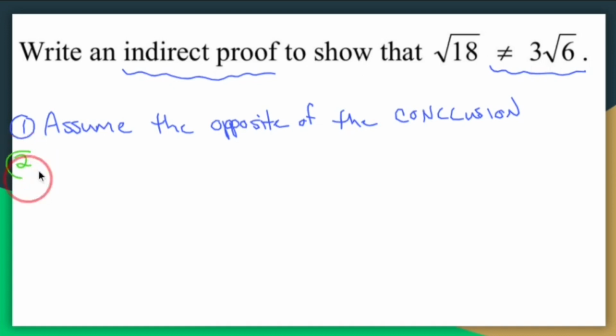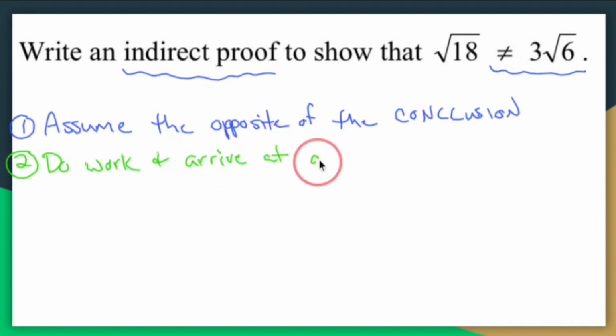Then we do some work, whatever work we have to do, and arrive at a contradiction. What's a contradiction, you ask? It's a lie. Basically,